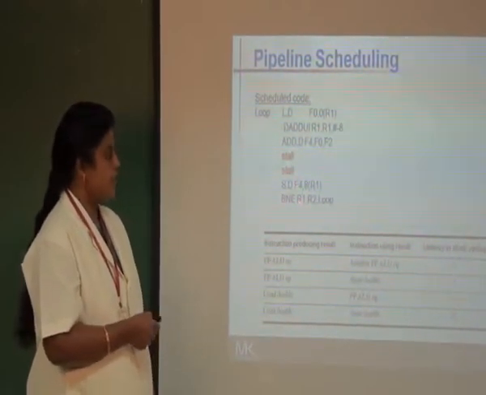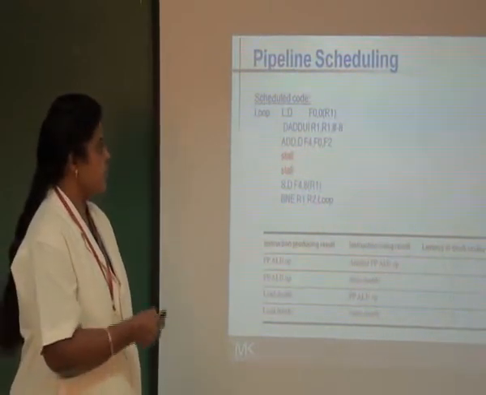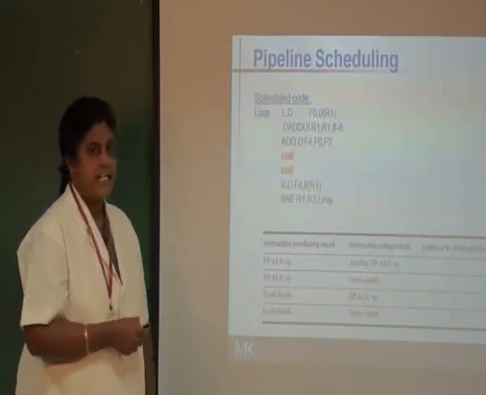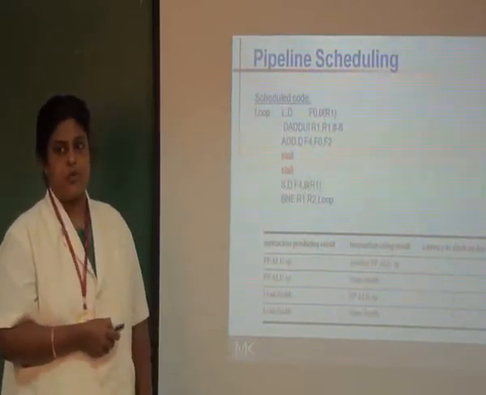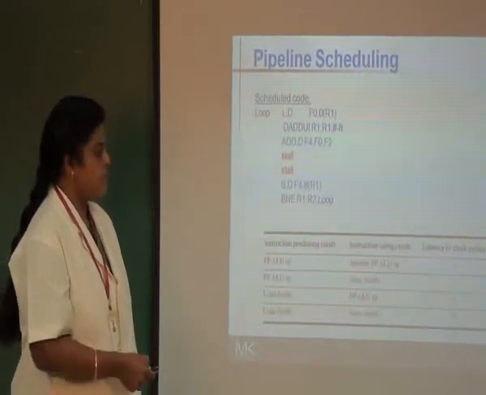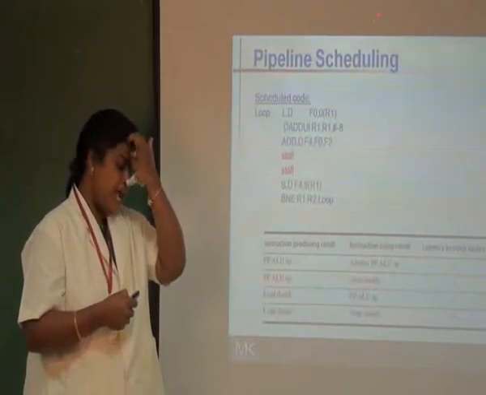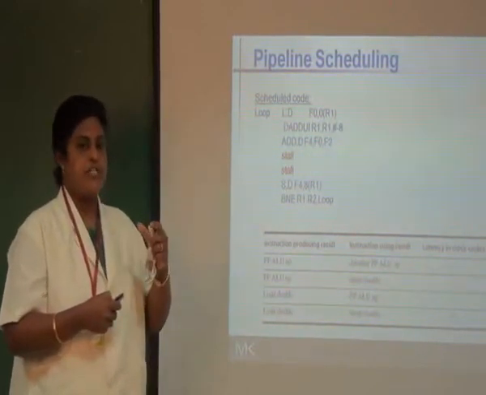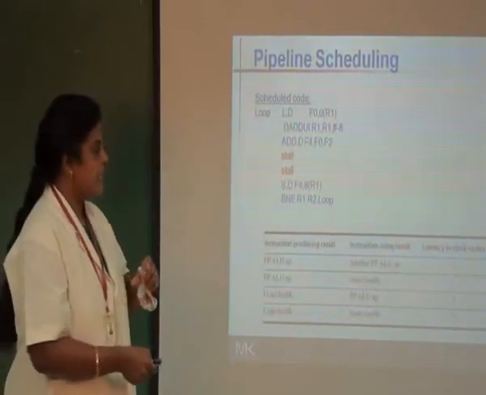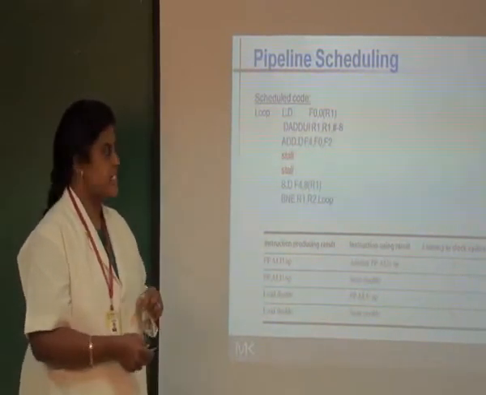This is a branch if not equal to 0 loop, and it continues till all the contents are added with the scalar quantity. This is pipeline scheduling, where we make use of the latency in the clock cycles between the operations and rearrange the program sequence in such a way that there is minimum clock cycle latency between two different instructions.